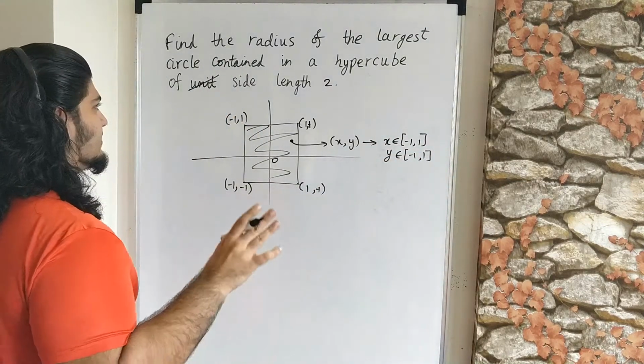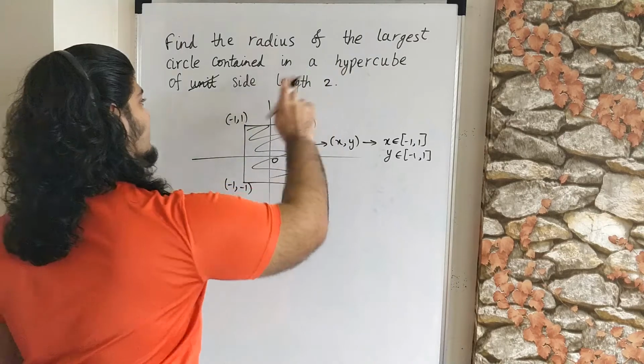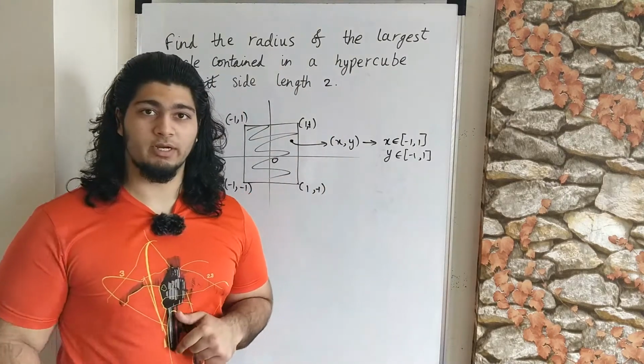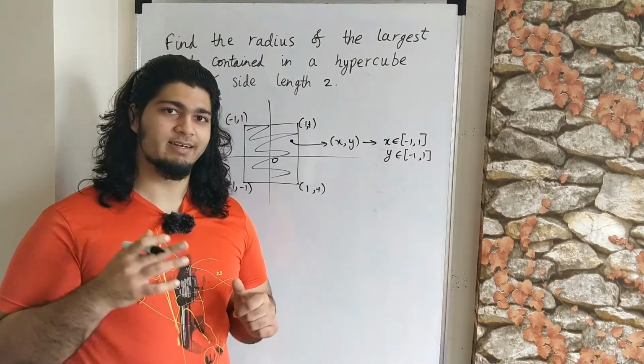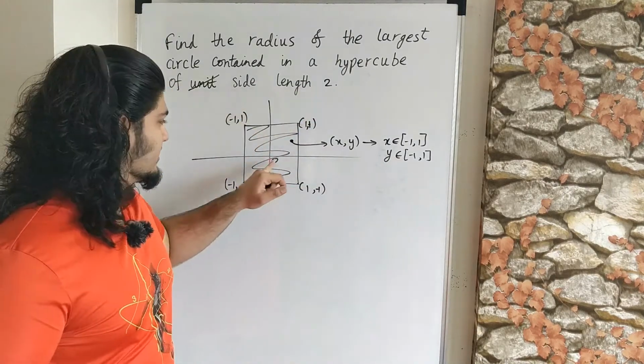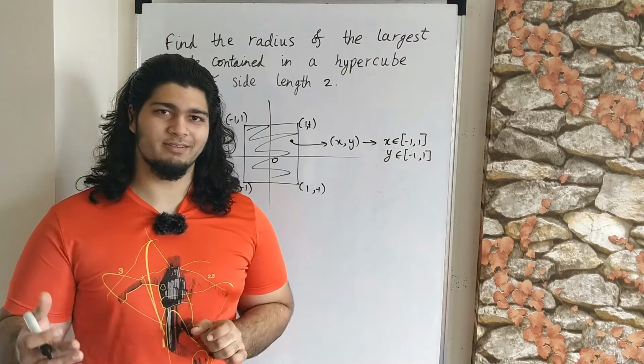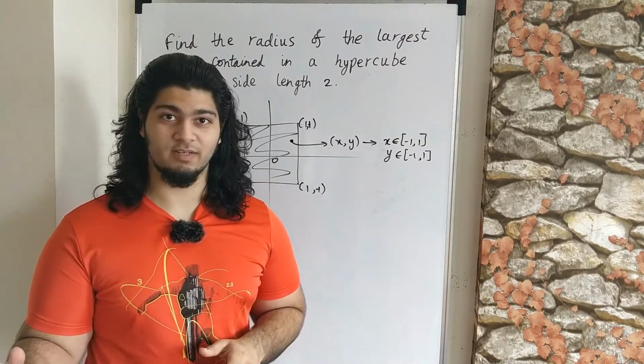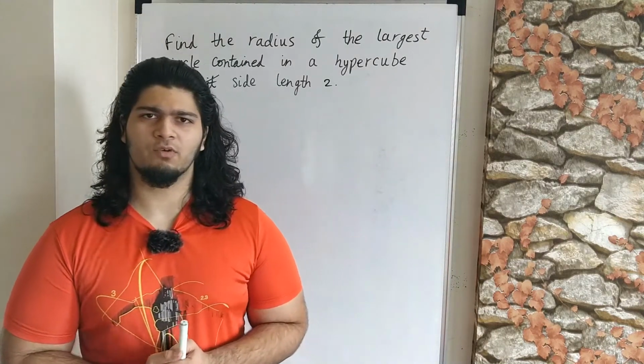So that means that we can define a hypercube in a similar way to be the set of all points in 4D space whose coordinates are in the interval -1 to 1. That's a hypercube of side length 2 centered at the origin. So now that we are done with that, we can move on to actually solving the question. Now we need to talk about what a plane is.